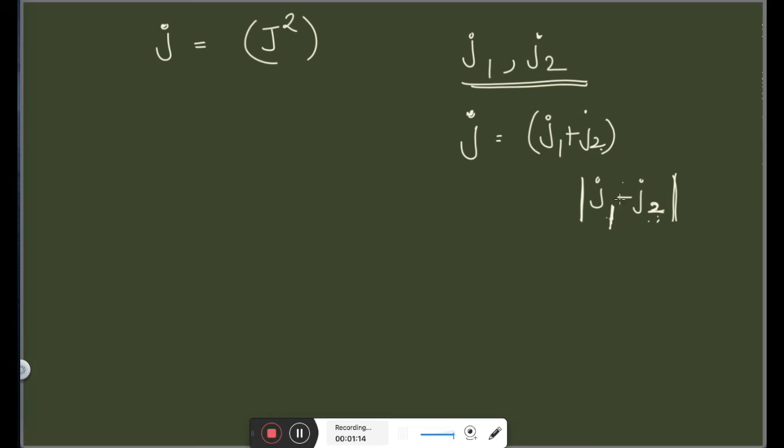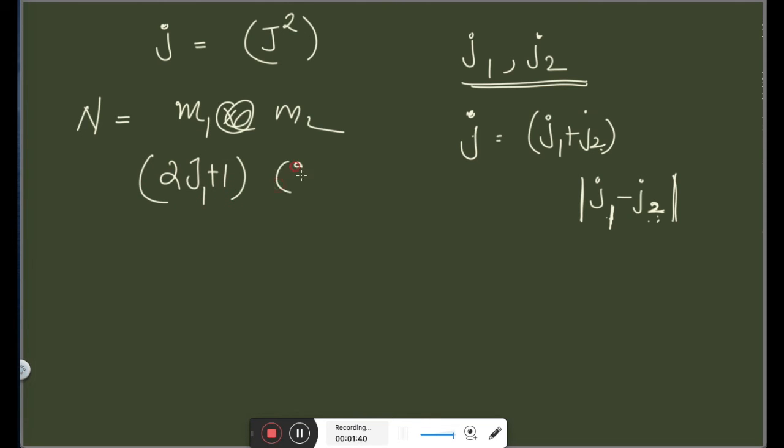the total J if J2 is smaller, and if J1 is smaller, you will have 2J1 plus 1 values for J. Okay, now we can see that from our convention, the total dimensionality, you got it as the possible values of m1 into possible values of m2. So that was 2j1 plus 1 values possible for m1, and for each m1 value you had one m2, and the total possible values of m2 was 2j2 plus 1. So this was the total dimensionality of our space. Now if I represent it in terms of